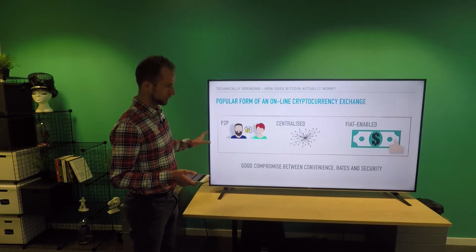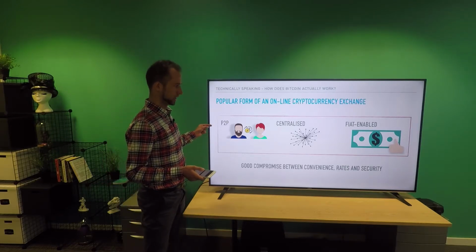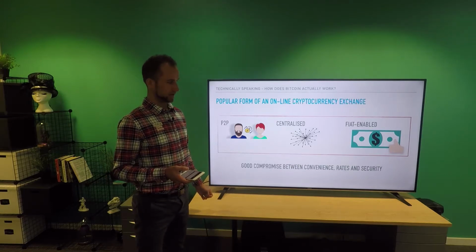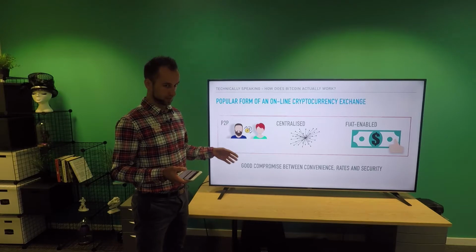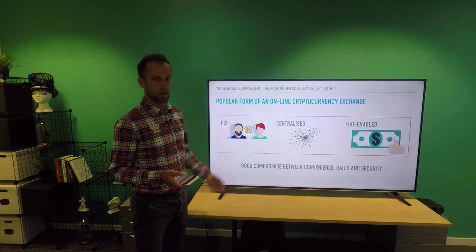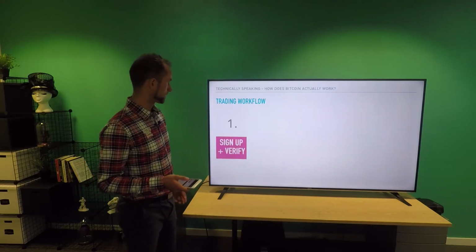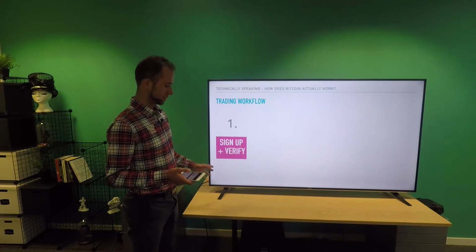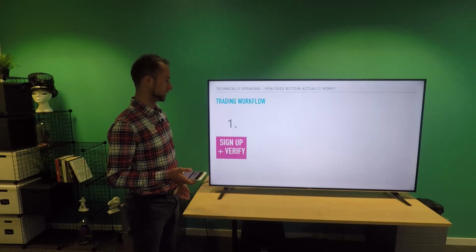So with all those choices, you still most likely arrive at this type of cryptocurrency exchange, which is peer-to-peer, centralized, and fiat enabled, and it's for good reason, because they actually provide a good compromise between convenience, rates, and security. And let me talk you briefly through the process